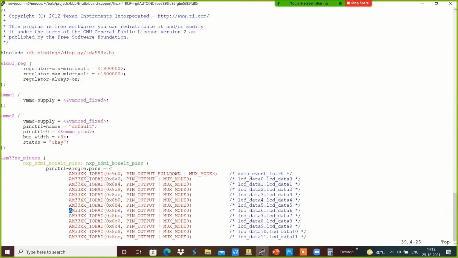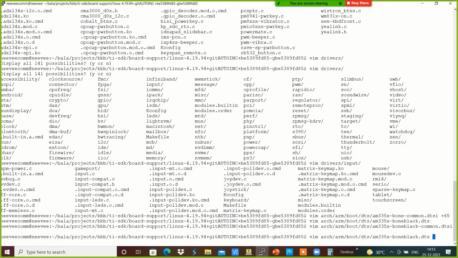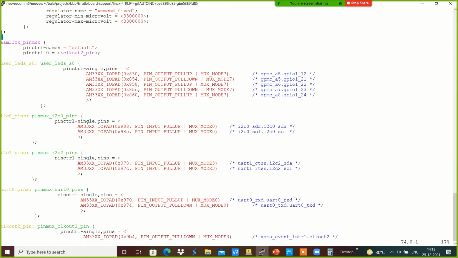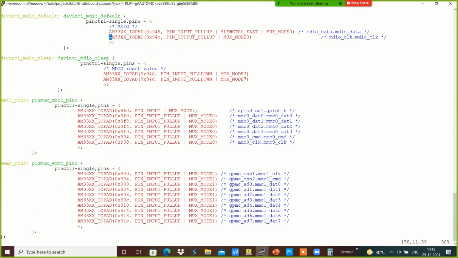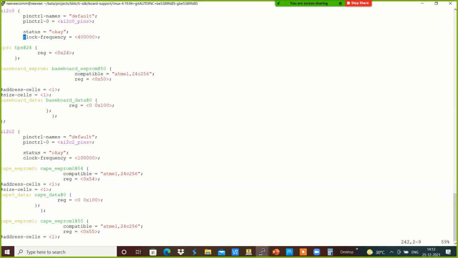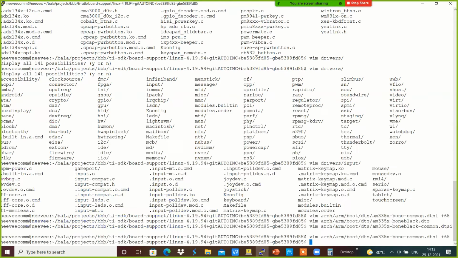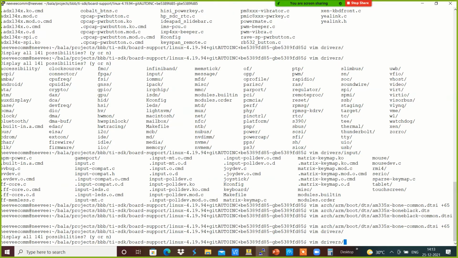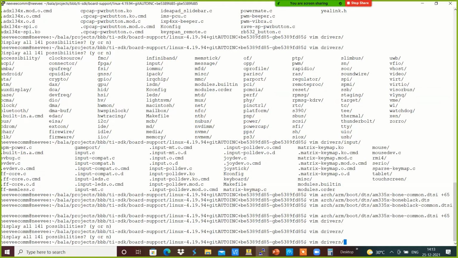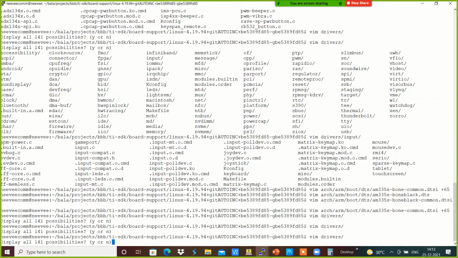We will be having, for the GPIO, something like a Vim on drivers, where we will see what the driver is that handles the GPIO keys over here, and that will be something like GPIO drivers.